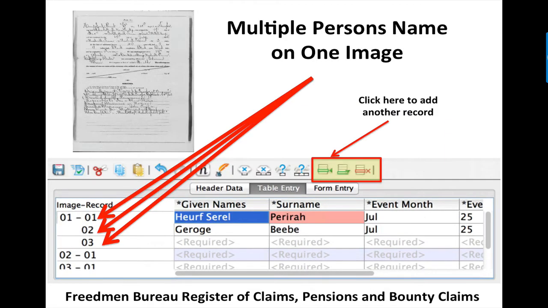So when you have multiple names on a page, as you can see in this example, all you have to do is add another row or add another record, and you do that by simply clicking the little icon that you'll see on the strip right above where you put in the data, and you click on one of those green ones and it will put in a record, and then you can type in a new line. So remember, with those pages that have multiple names, all you have to do is add a new line or a new record and enter in a second name, a third name, a fourth name,